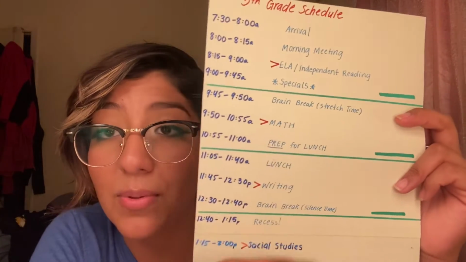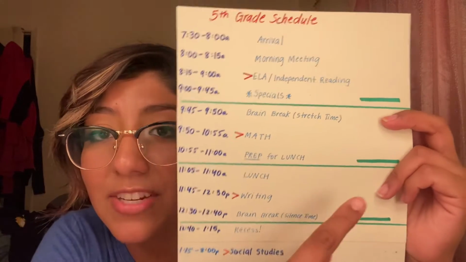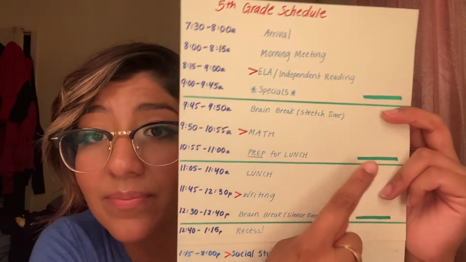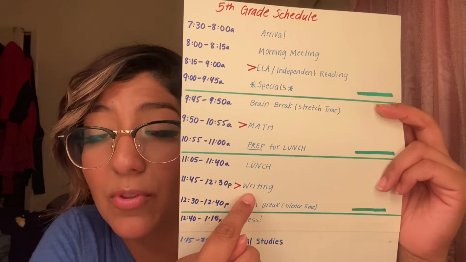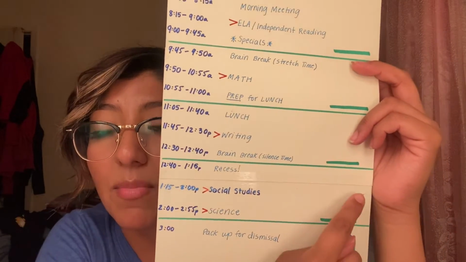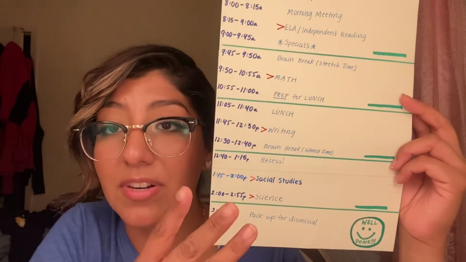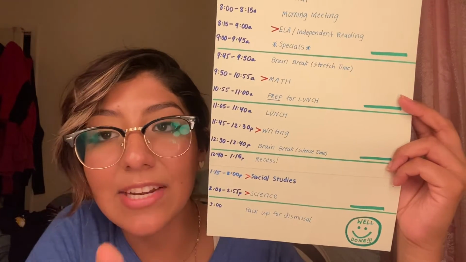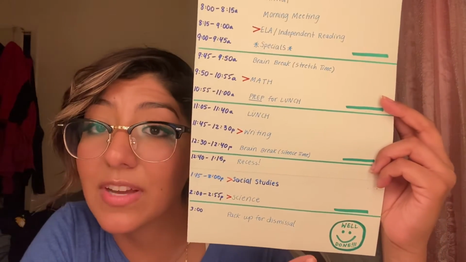Followed by math, do the same thing, self-control, paying attention, another green mark. Same thing with writing, a little green mark, and they have social studies and science, a little green mark. They get 4 check marks. Let's say they don't necessarily get all 4, then they will not receive a token.